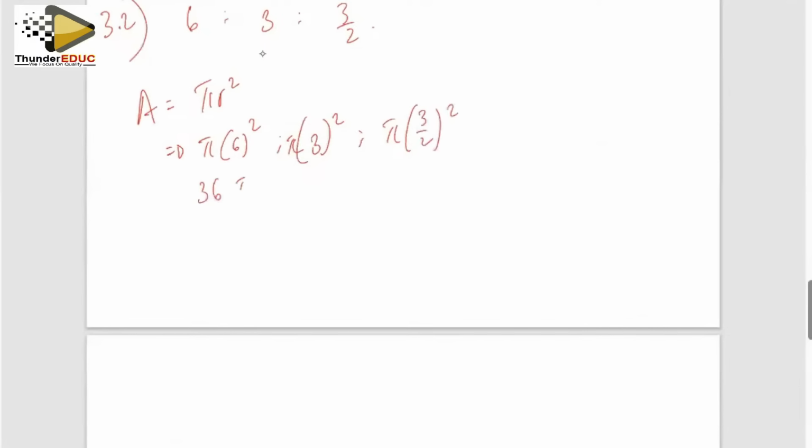So that's 36 pi. That's going to be 9 pi. And then this is going to be 9 over 4 pi. So these are the areas, okay? The pattern that is forming the areas. Now, when I look at this, if I get my T2 divided by T1, I'm just getting a quarter, which means my common ratio is going to be a quarter. Okay, so 9 divided by 36, that's a quarter. Okay, so if this is my common ratio,